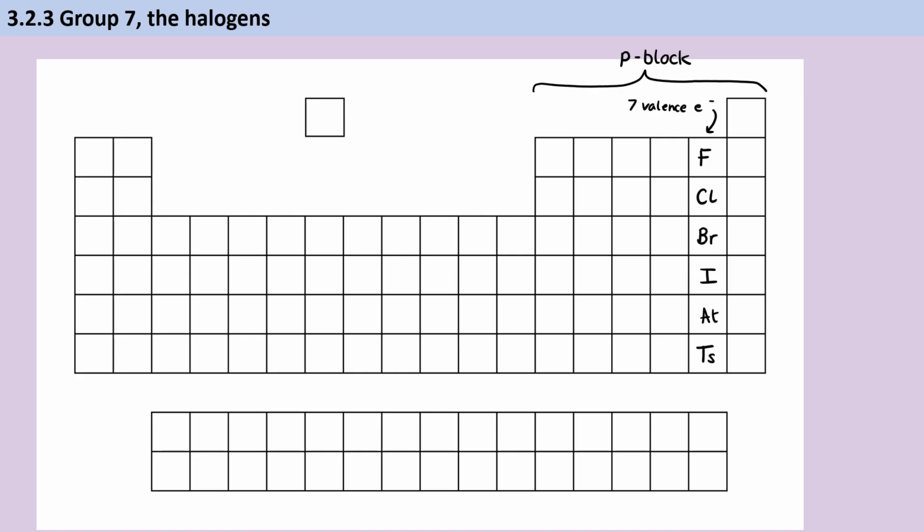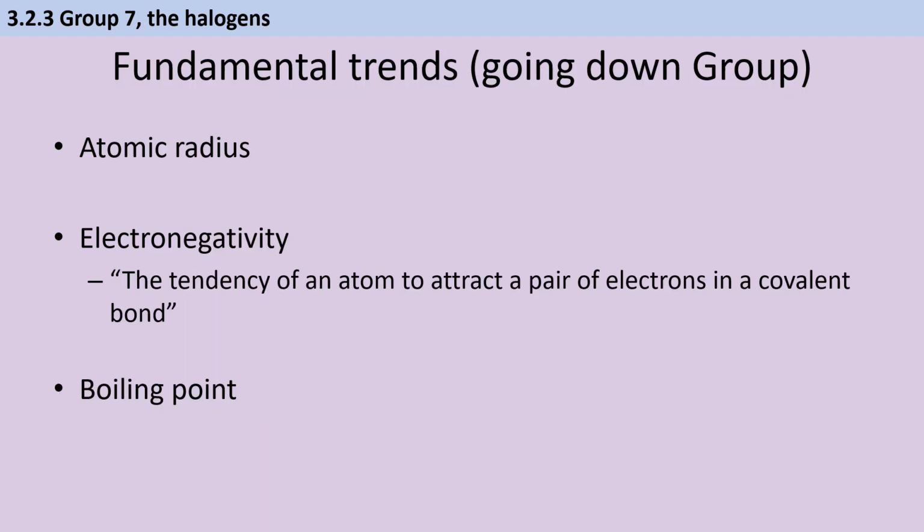Finally, we have the halogens, which are found in group 7 in the P block and all have 7 valence electrons. Just like group 2, as we go down the group, we're going to see that there is an increased atomic radius because we're adding a new shell each time. Electronegativity is the tendency or power of an atom to attract a pair of electrons in a covalent bond towards itself, and fluorine is the most electronegative element in the whole periodic table, with electronegativity then decreasing as we go